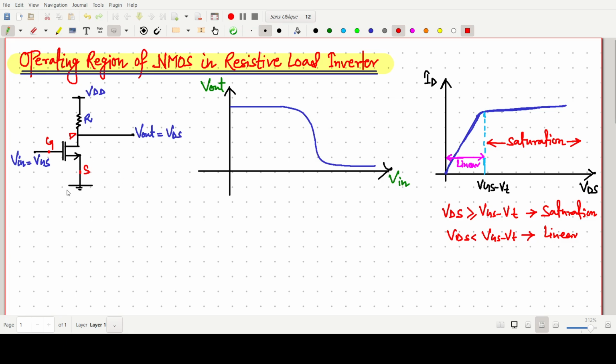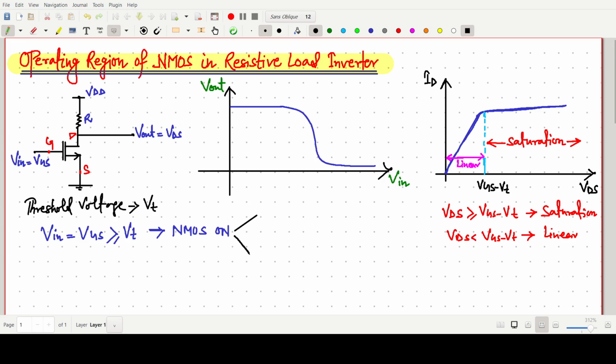So for example, for this particular resistive load inverter, we are assuming that the threshold voltage is VT. Now, first of all, the condition for this transistor to turn on: the input voltage, or simply VGS, should be greater than or equal to VT. Then the NMOS transistor will be on. When VGS is greater than or equal to VT, the NMOS becomes on,